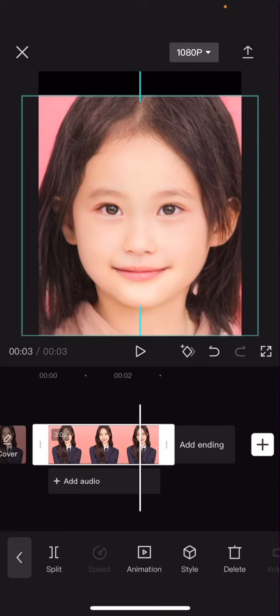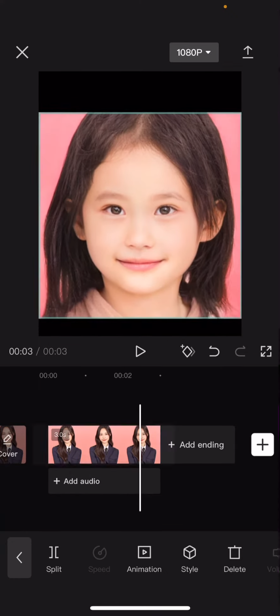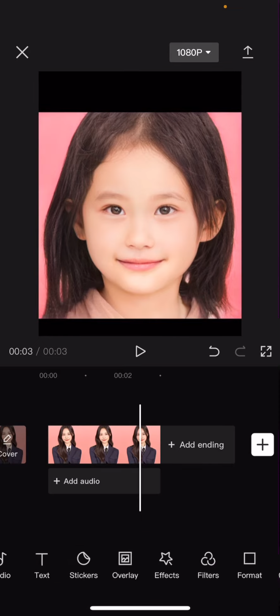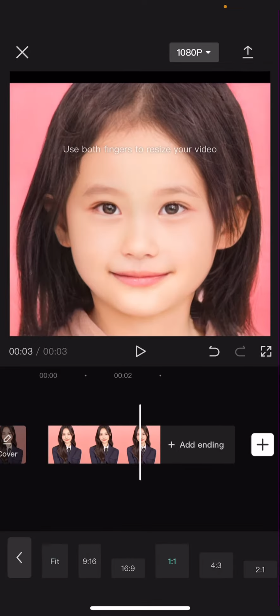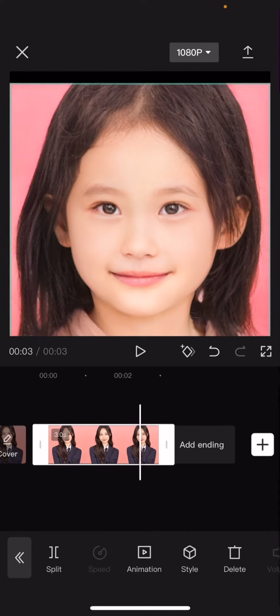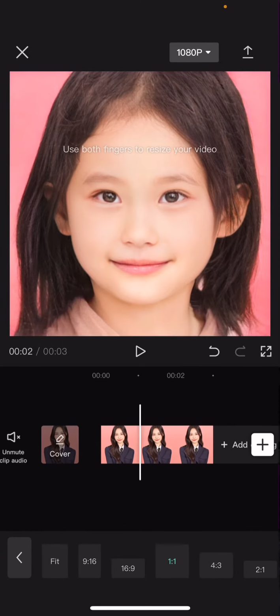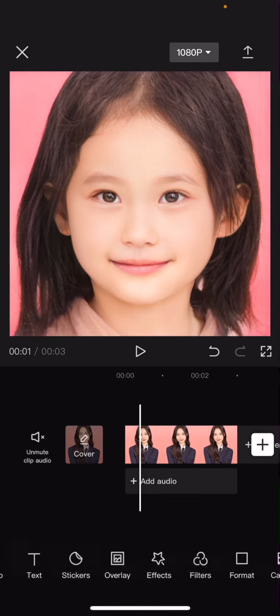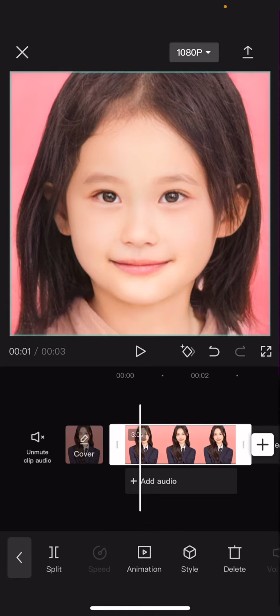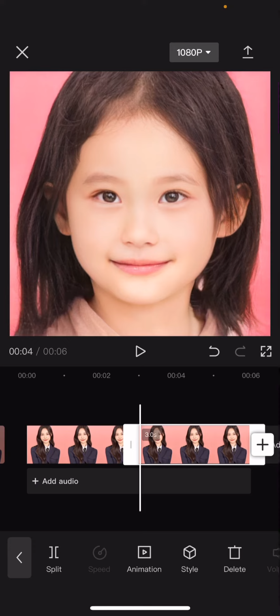I'm just going to adjust it a little bit because it is a square, so I'm just going to go back and I'm also going to select format and choose the 1x1 picture. You can also add in a transition if you want, like a video transition, by copying it,